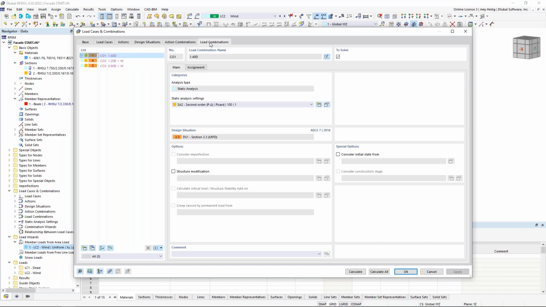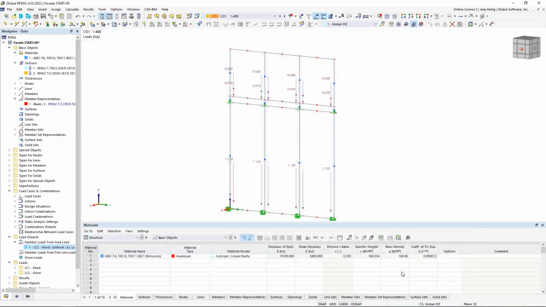And under the last tab, the load combinations, this is where we see the load combinations individually listed out based on the ASCE 7 and only according to the load cases we have defined, that dead load and that wind load. So now that the load combinations as well as the design situations are set, what we would like to move on to